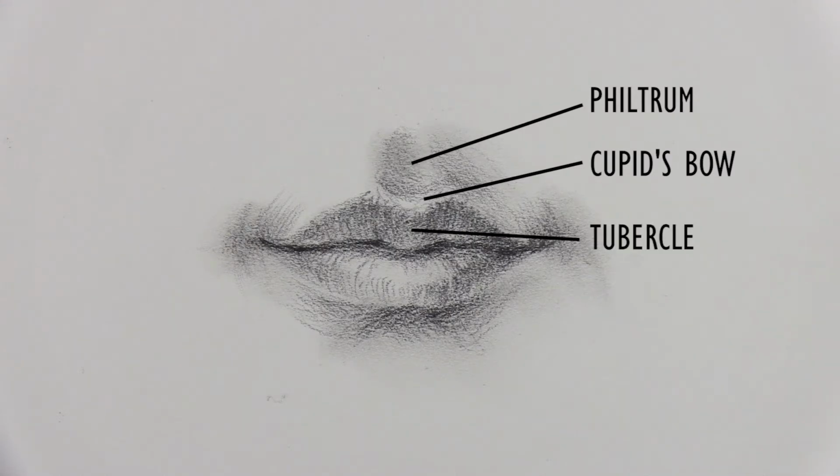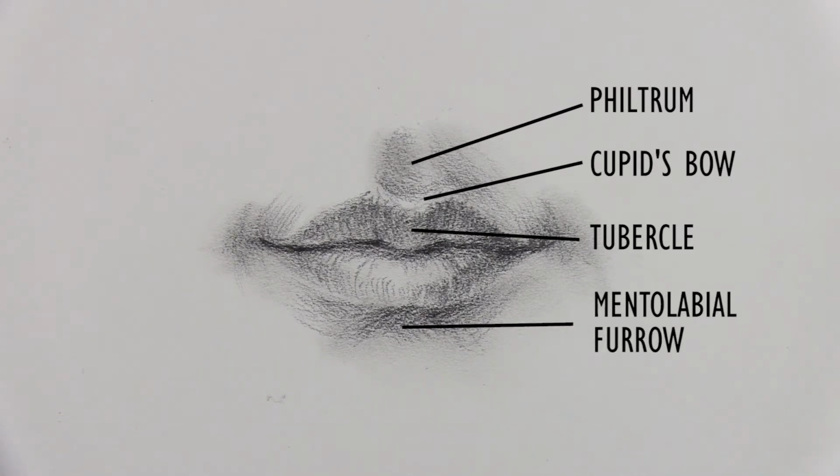The tubercle is this projection or bump in the middle of the upper lip. And this area is called the mentolabial furrow. Yeah, that's a long name to try to remember, but it's the key to defining the lower lip. It's this place where two groups of muscles curl up into the lip and create this groove that's usually in